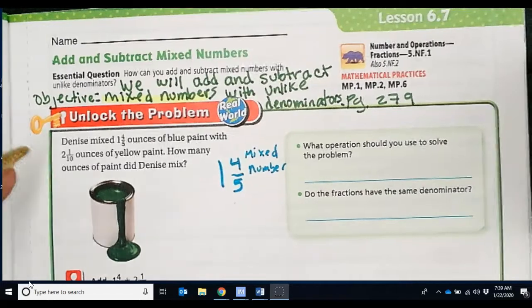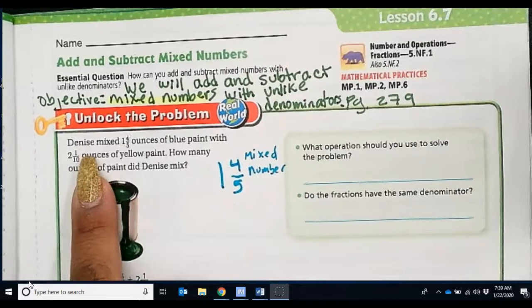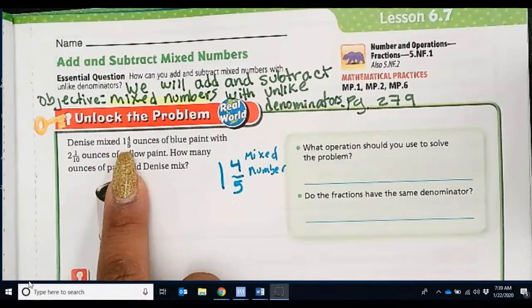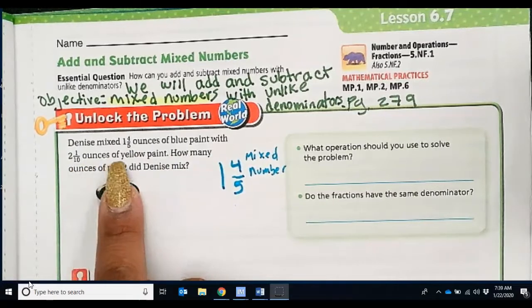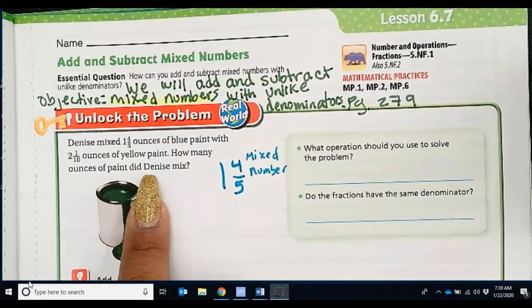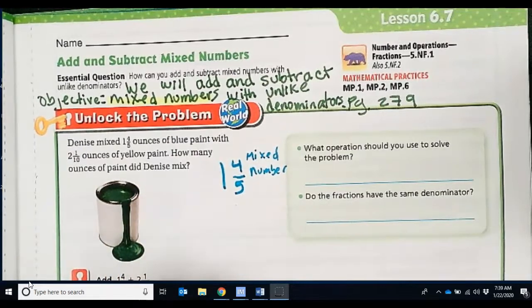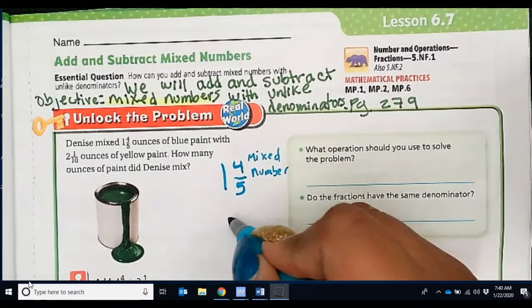Let's go ahead and unlock the problem. Please read it with me. Ready, begin. Denise mixed 1 4/5 ounces of blue paint with 2 1/10 ounces of yellow paint. How many ounces of paint did Denise mix? And so here we need to follow our steps, right? We read the problem,